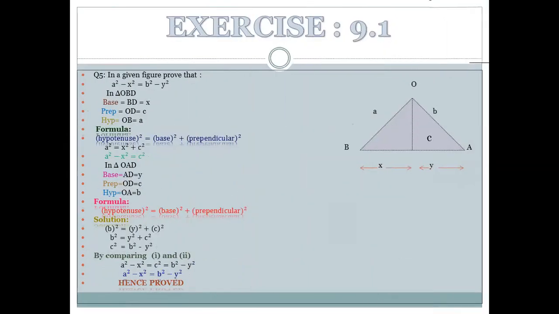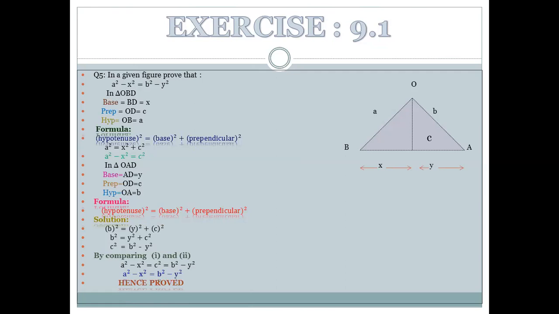Question 4 is the same. In the triangle ABC, the right angle is at point C. You will draw the diagram, and they mention that point C will be the right angle. So when you label the diagram, you must put C at the 90-degree angle. BC is given, AC is given, and you will calculate the length of AB. When you draw the diagram, you see what AB is: base, perpendicular or height, and you will calculate that. We have done questions 2 and 3. You will do question 4 by yourself.